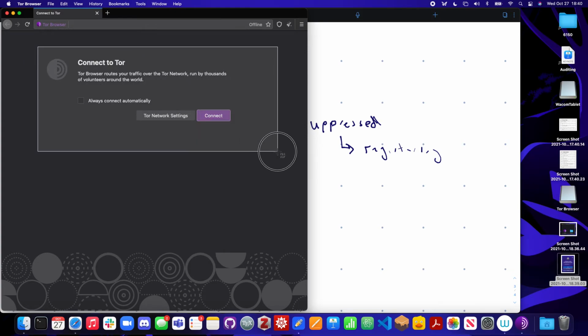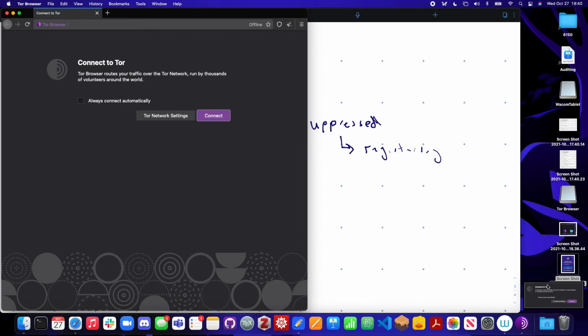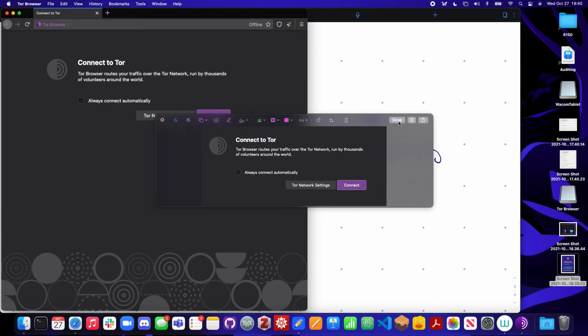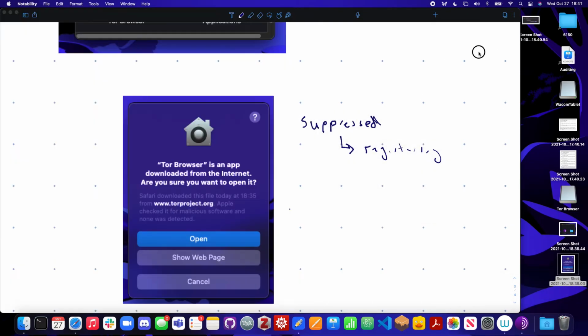Okay, so this is new. I haven't seen this since two years ago, but it's actually really nice. I like what I'm seeing. Okay, so the very first screen basically says,